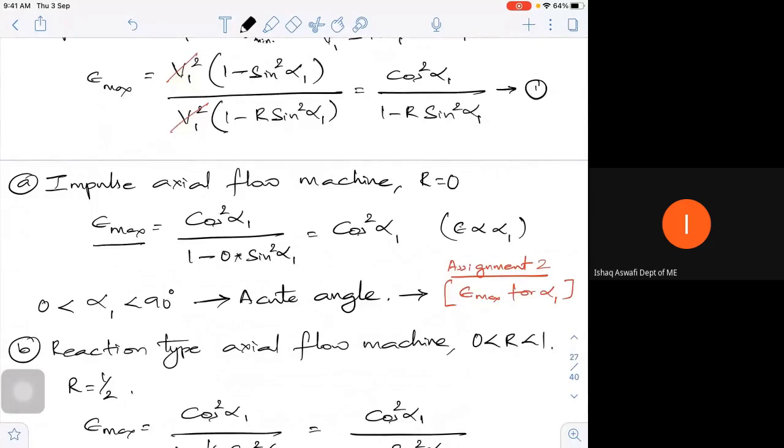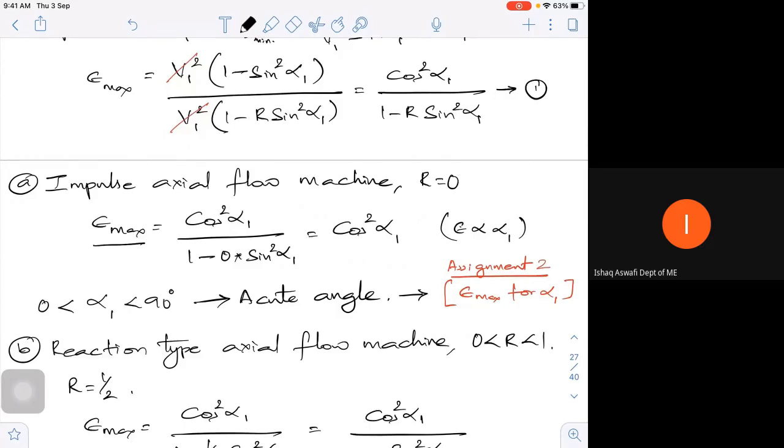So for a given alpha 1, if alpha 1 is 20 to 30 and I increase it, then automatically that number also will increase. And you have to be very careful here. Is it possible for me to have alpha 1 equal to 90 or 200? You just put that in. So cos square of alpha 1 of 200, you put it. What will happen? If you put 180 and so on, I end up with some other values. If I put around 155 degrees, I'll end up with some kind of an error. So what we have to do is put a number between 0 and 90.